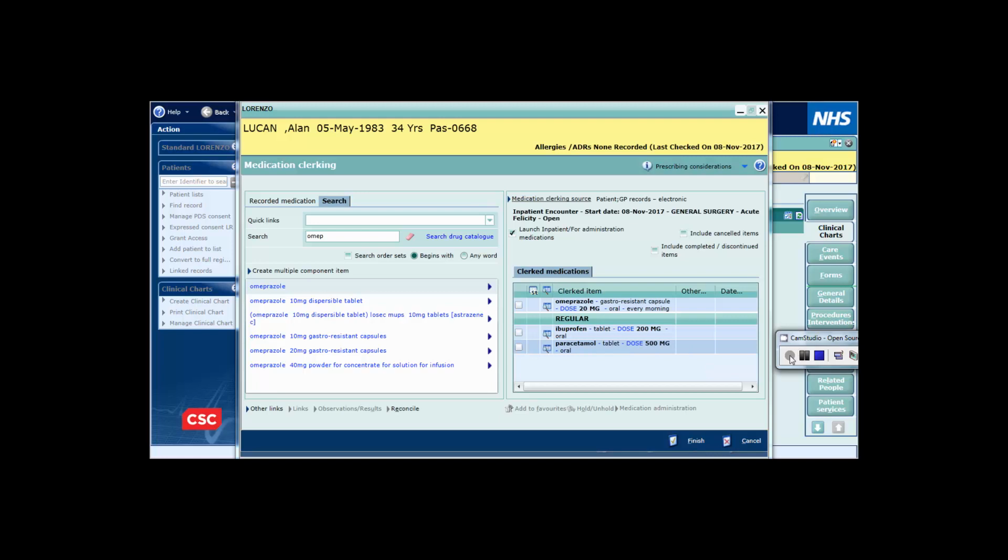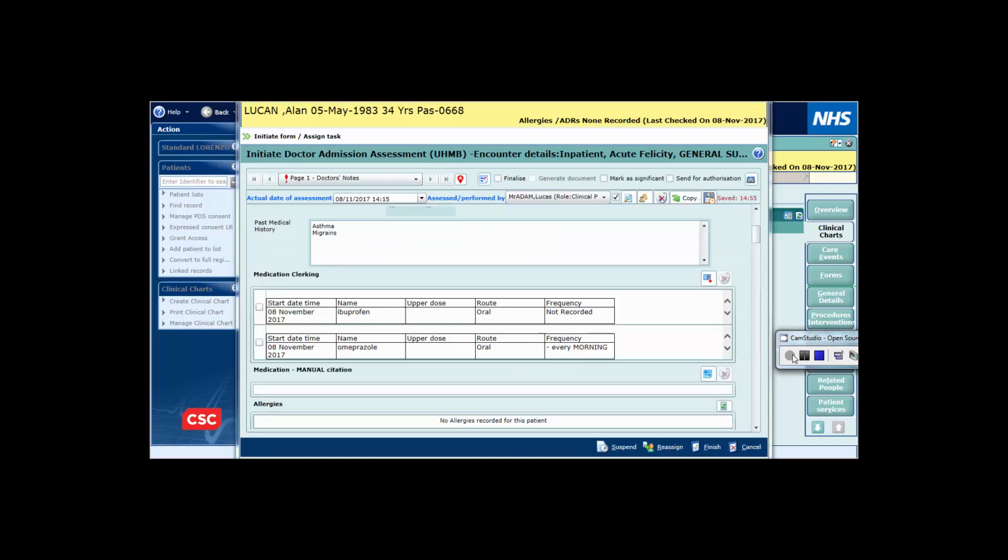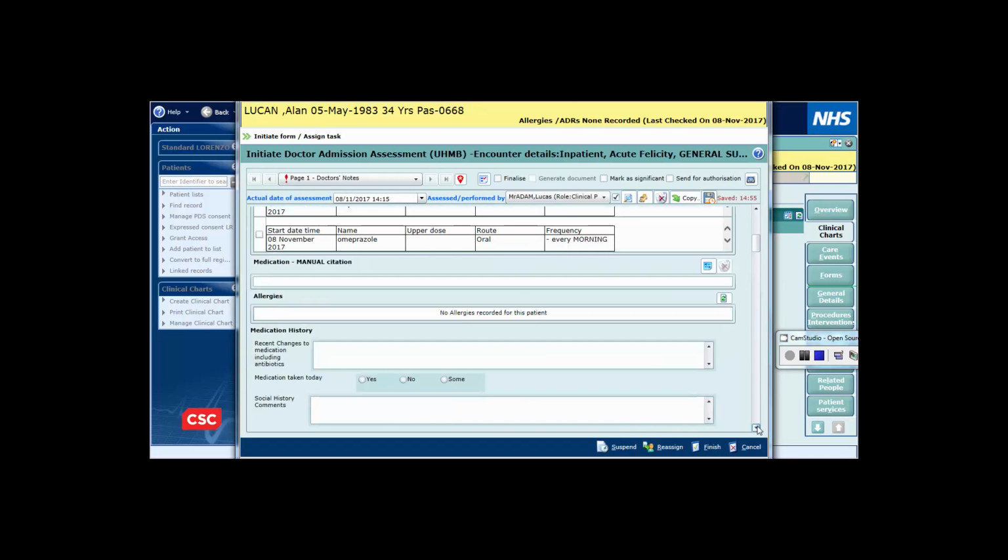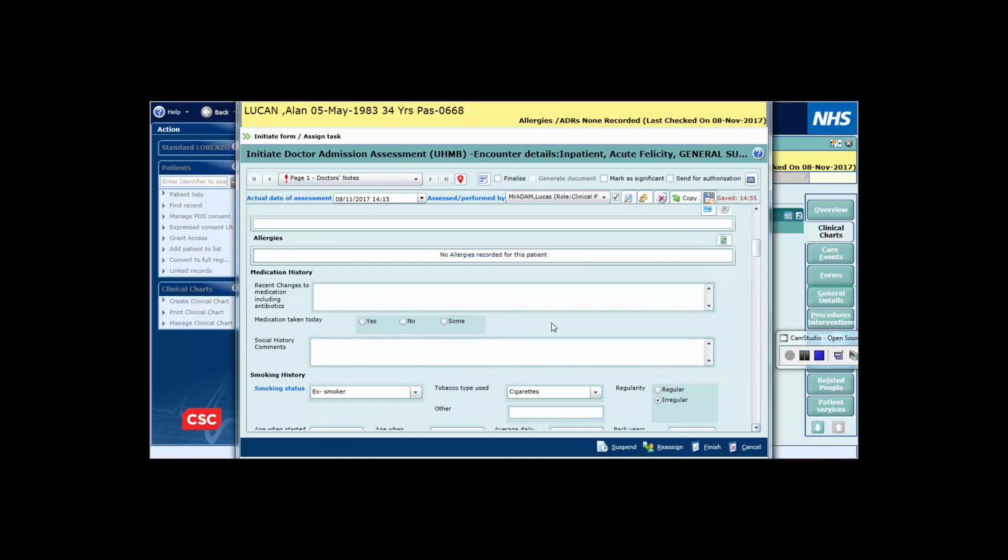For further assistance with medication clerking, please contact the training team on extension 46006. Click Finish to return to the form. Any allergies will automatically cite through into the patient's record. You can record then any recent changes to medication, including antibiotics, any medication taken today, followed by any social history